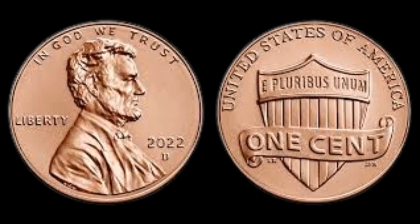in this particular case, the coin was struck not on a typical copper-plated zinc planchet, but on a bronze alloy planchet that had not been used officially for Lincoln cents since 1982, suggesting either a leftover blank from decades earlier somehow found its way into the mint supply or a substitution error occurred due to a misfeed during blanking operations, and this off-metal composition alone makes the coin valuable, but what elevates it further is the presence of a sharp,